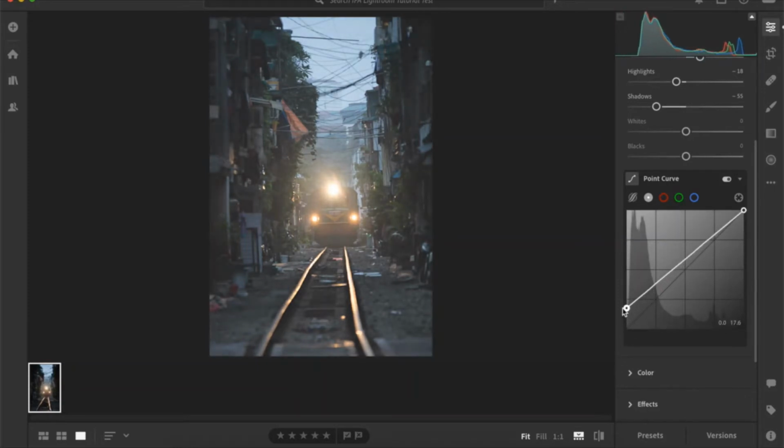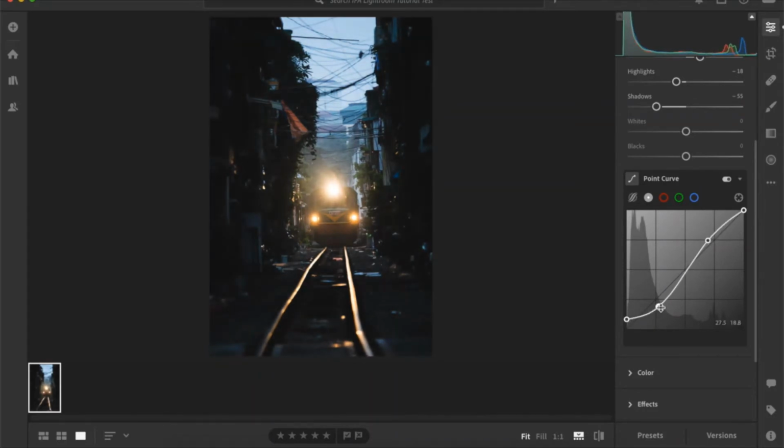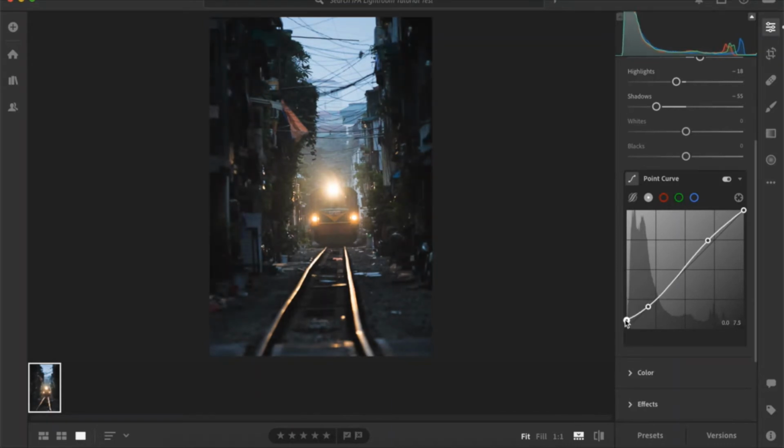So I usually like to raise the black point because it gives a nice and faded look. Then the second thing you want to do is lower it and kind of flatten it out, and now you have a very contrast heavy photo. And to balance that out again, you raise this and then kind of just start messing with it to see how you can change the photo